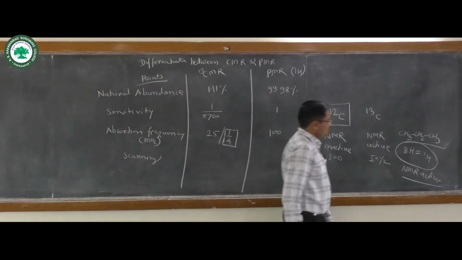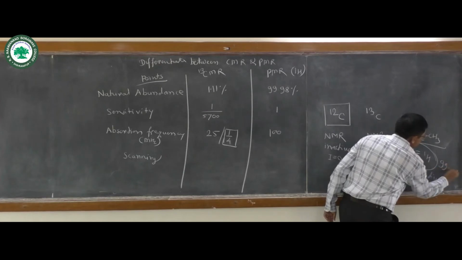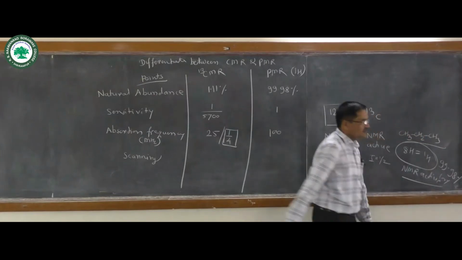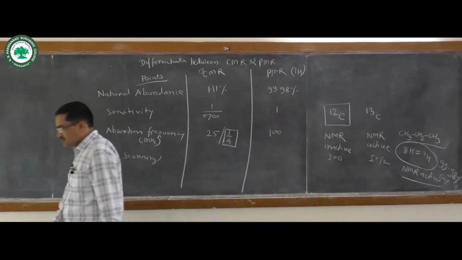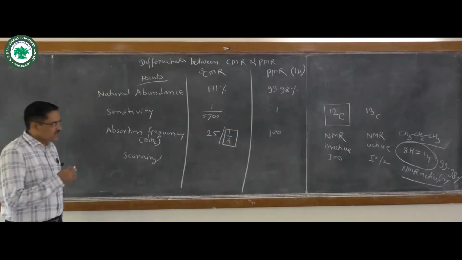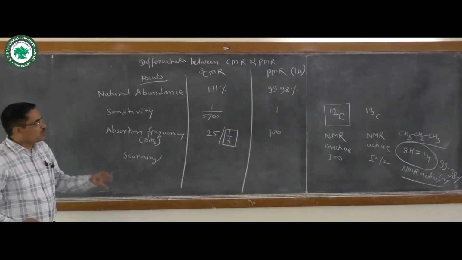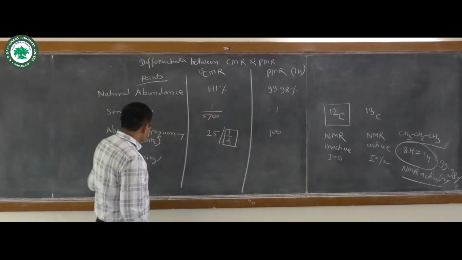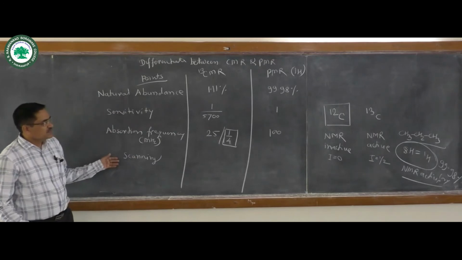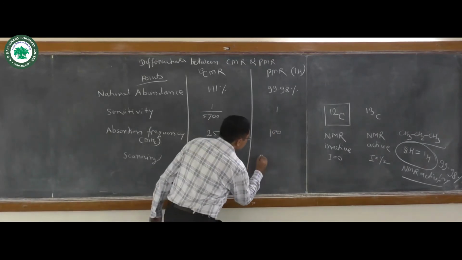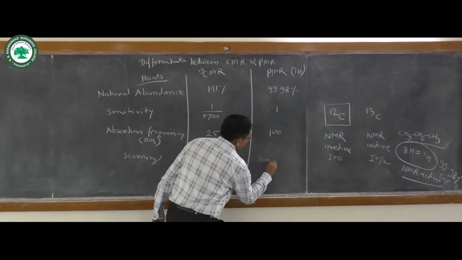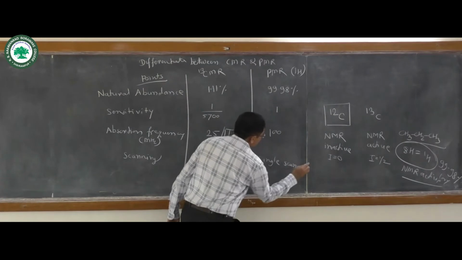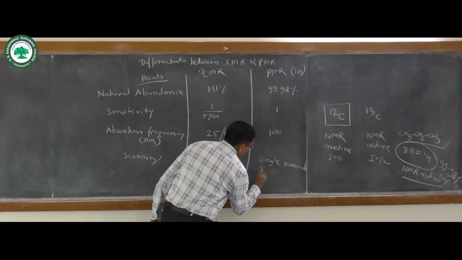Because natural abundance is 99.98%, near about 100. Means in any particular organic compound, all protons are NMR active. So when we consider the scanning, this PMR is having a single scan; we obtain the spectra by single scanning, means single scanned spectra,